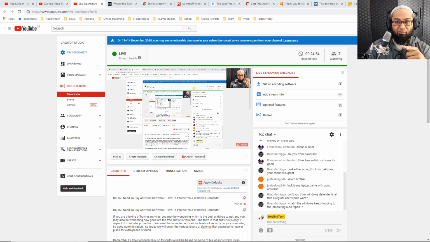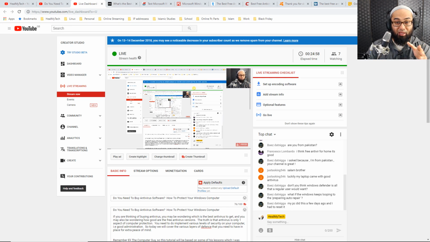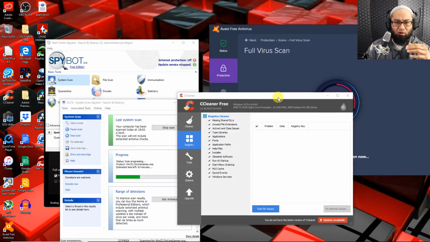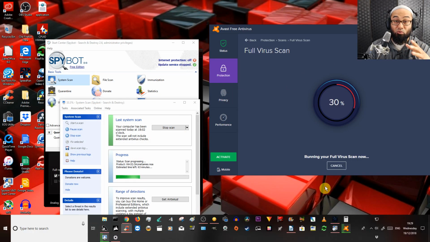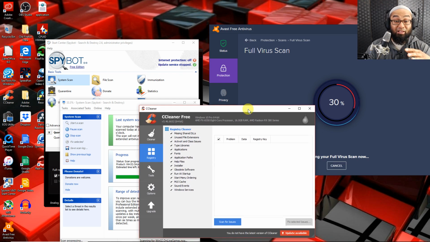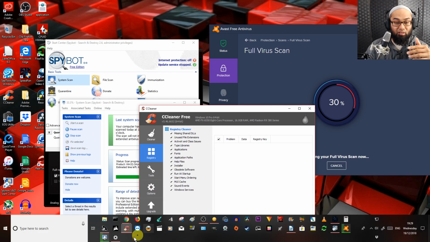But when it comes to Avast or Spybot or Malwarebytes or AVG, I've not had any problems running them simultaneously. You can see right now I've got Spybot running and Avast running, not a problem. Also AVG is not a problem. So I haven't found that to be a problem personally. So, okay, that's really your choice.